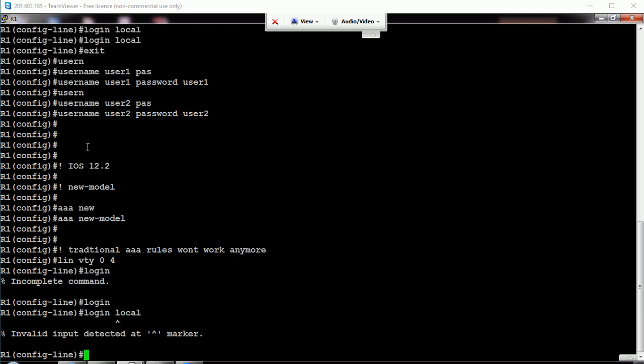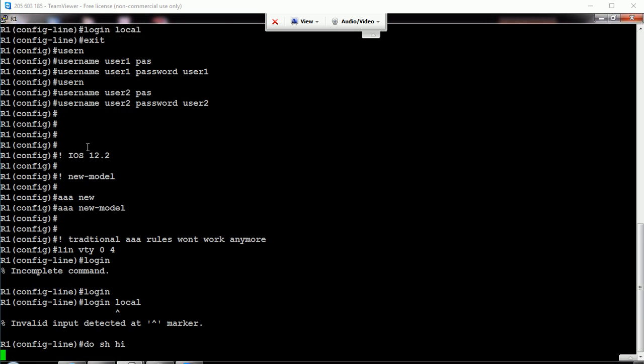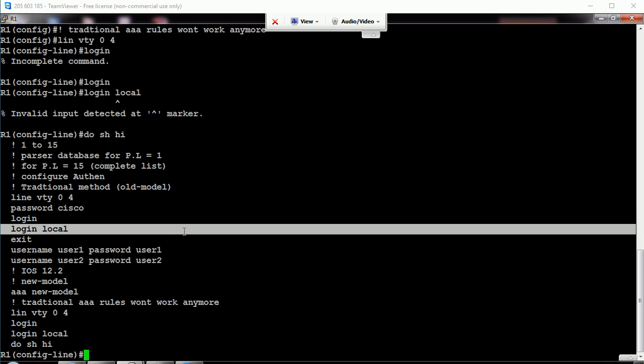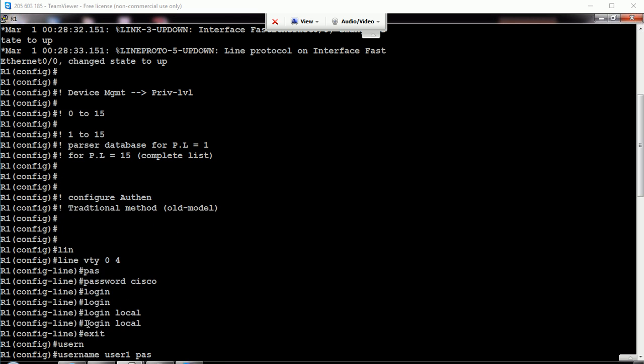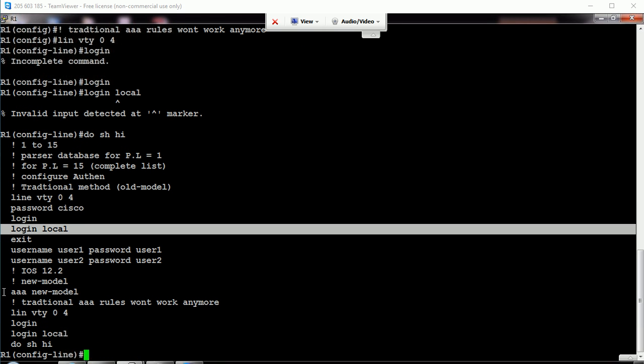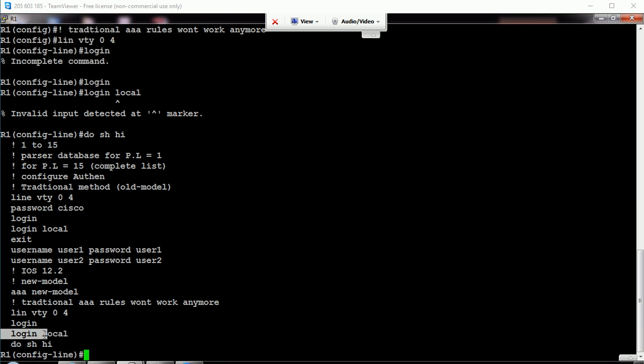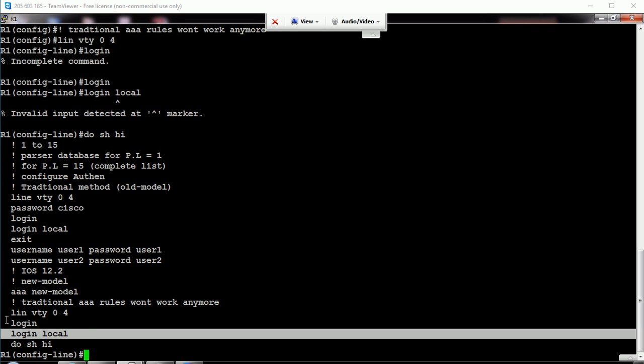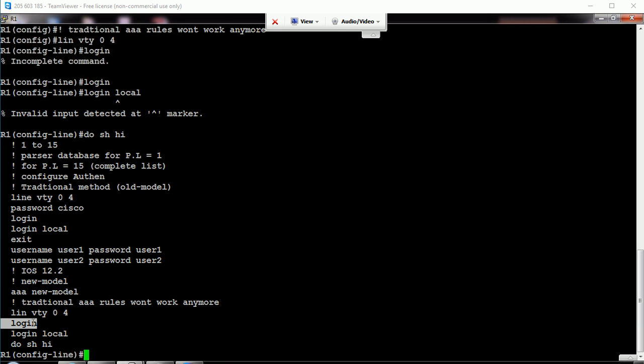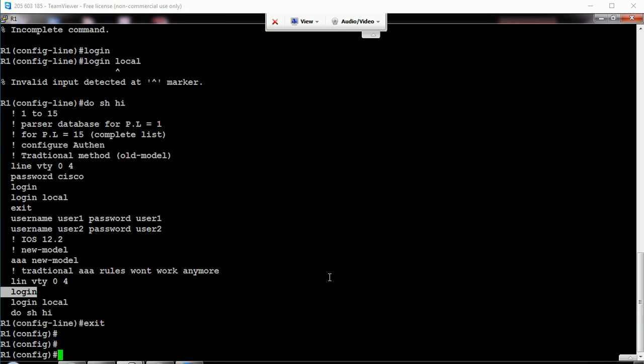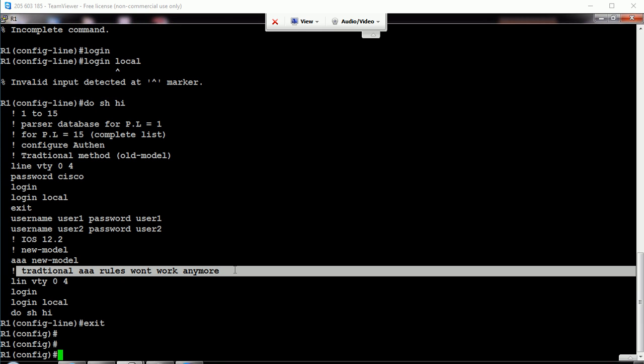If you remember, earlier I was typing the command login local, right? It got executed in fact. Right now, after enabling the new model, I don't have the ability to enable that command. Or for password-based authentication, I was giving the command login. Now that command also doesn't work, which means when I enable AAA new model, my traditional rules no longer work on the appliance.